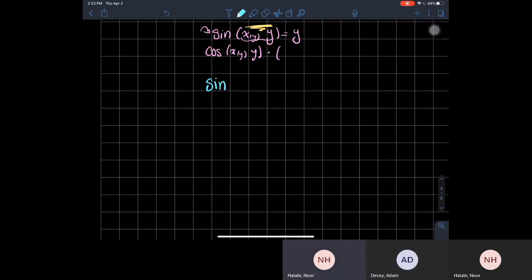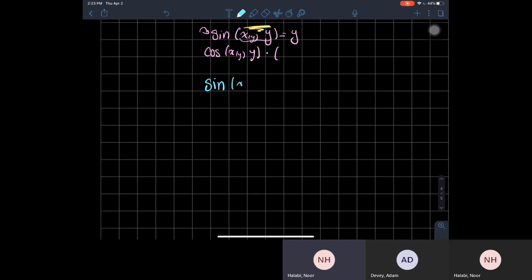Yeah, so basically whenever you see an x, it becomes dy dx. Oh, all right, yeah. Let's see. We're doing the opposite, because it used to be like sine x y equals y. Then if you just do this with dy dx, you'll end up with cosine x y, right? Times, right,